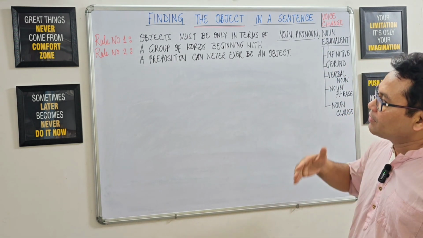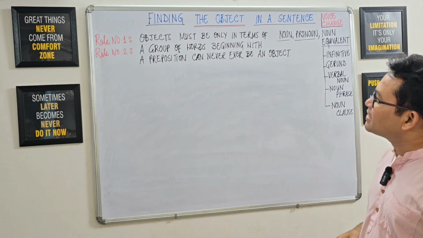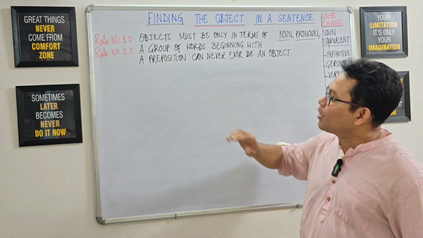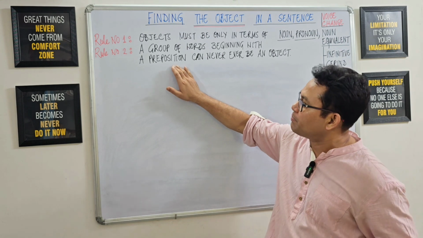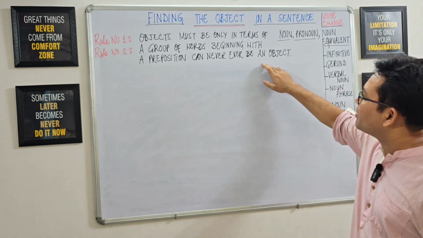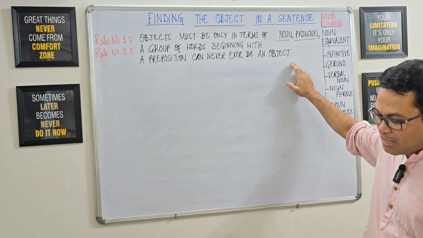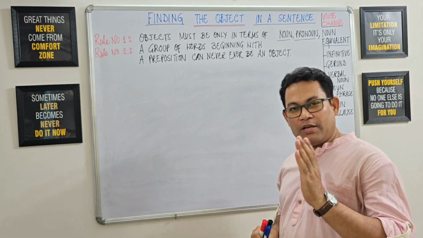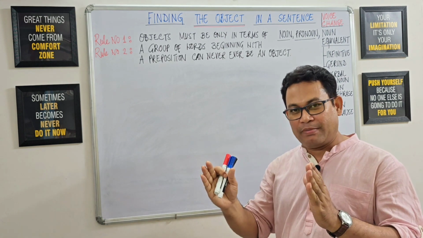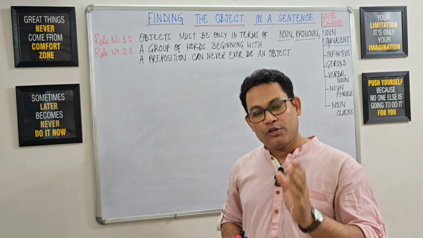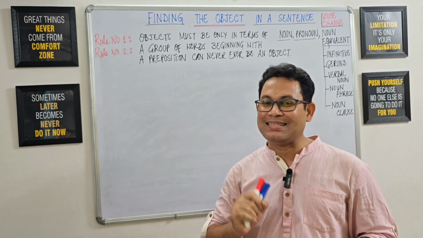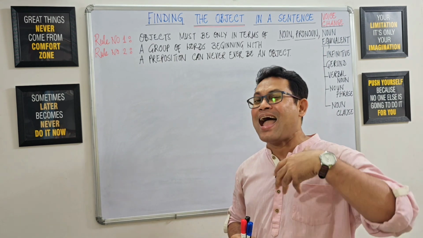Then rule number two with regard to finding the object in a sentence: a group of words beginning with a preposition. Remember, the part of speech preposition can never ever be the object in a sentence. That means when we look at the predicate segment, because we find the object or objects in a predicate after the verb, so after the verb, if a phrase is there, that is our target phrase,